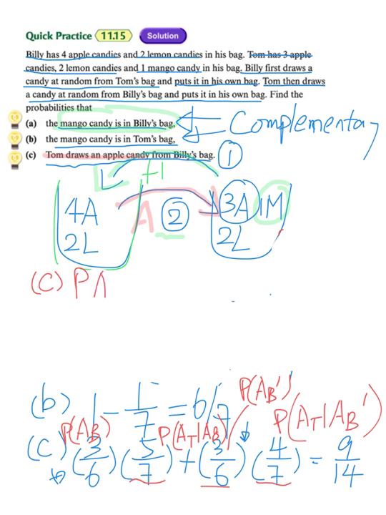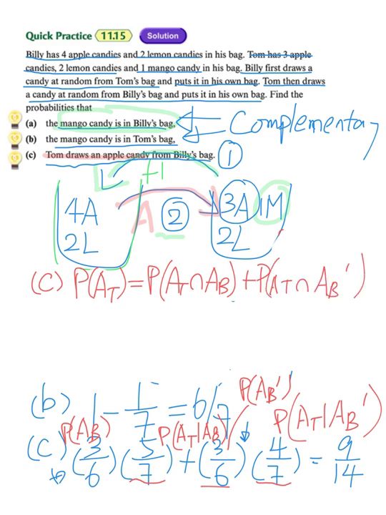in order to understand whether Tom gets an apple candy, first we need to know whether Billy can get the apple candy, or Billy cannot get the apple candy, because it will affect whether Tom can get the apple candy. The probability will be affected. And then using the formula we have discussed,